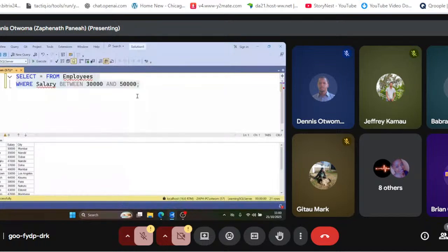Okay, so that is the between operator. And remember, guys, you can always use the not operator to flip the Boolean logic. So if we say here not between 30,000 and 50,000, then you end up getting all the employees who are outside of this range. When we execute that, you see now we're getting all of those employees who are outside